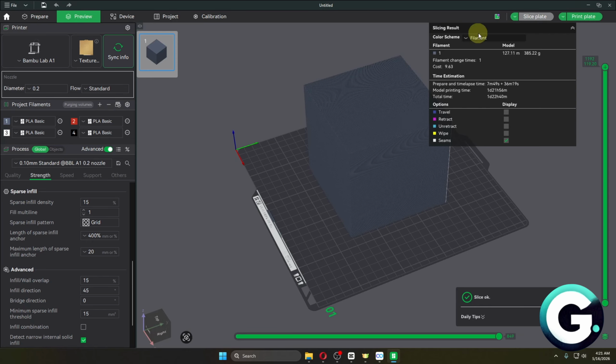From here, this message will show up, so just make sure that you're inside the filament category. And from here, we could see the cost by navigating through this specific tab. So filament change times is going to be 1 since we only used 1, and the cost is going to